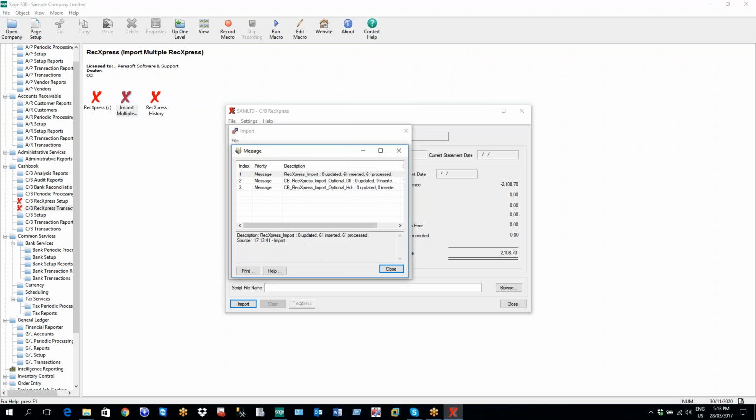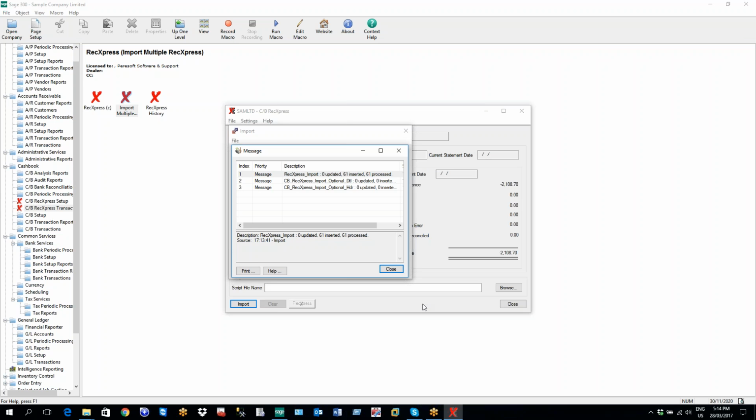The first process that takes place is it will cycle through all the rules that we've set up in the rules template. And it will check the identification criteria in every rule and see if any of the bank statement entries meet the identification criteria of any of the rules. If it does, it will assign the rule to that bank statement entry. If it does not find any rule that applies to that particular bank statement entry, then it puts it in